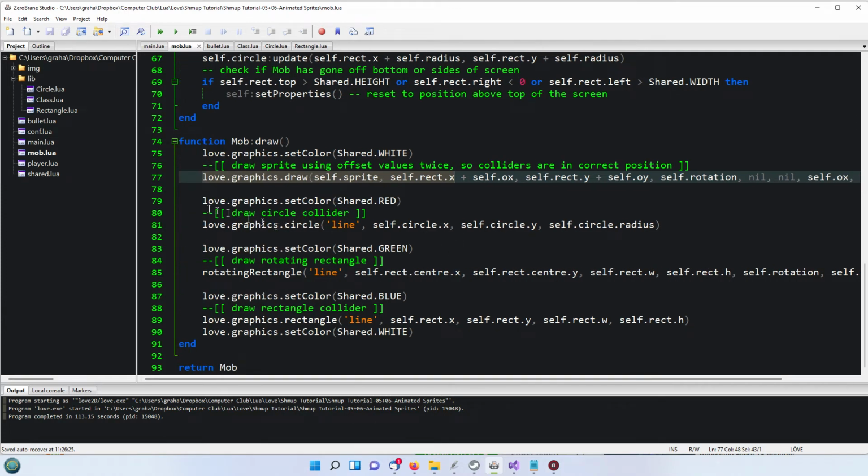Now the next thing we're doing is to change the drawing color to red, and drawing a red circle by using love.graphics.circle, using a line because we don't want it solid, and then it's simple, just giving it circle X, Y, and radius, and that just draws our circle. That's easy. Then we're changing the color to green, and then we're doing this new function called rotating rectangle